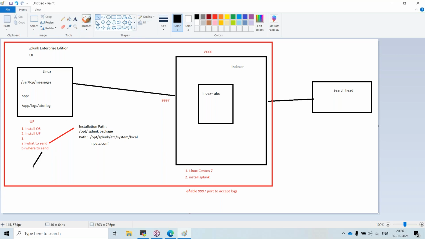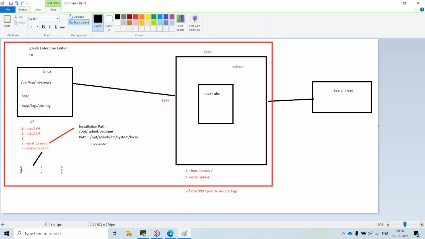There is one more thing called outputs.conf. In outputs.conf I will be mentioning the server. There will be some stanza I will mention.